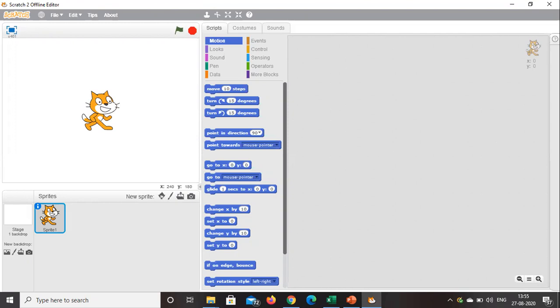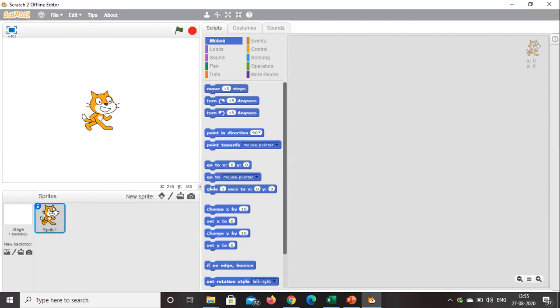Okay. And next, in this script area you are able to see x 0, y 0. Okay, and the middle one where you are able to see scripts, costumes and sounds is called the blocks pane. Okay children, in the next class I will show you